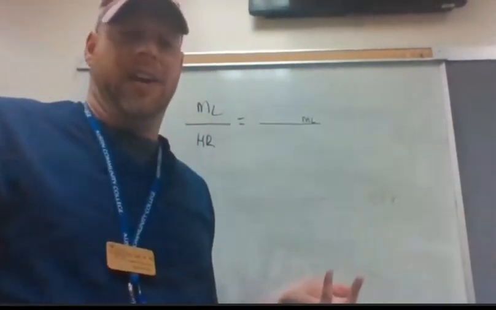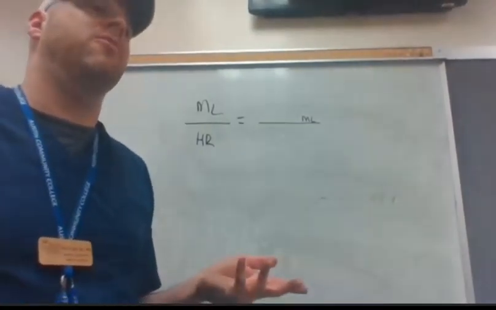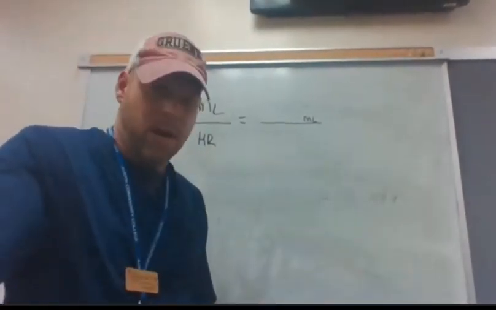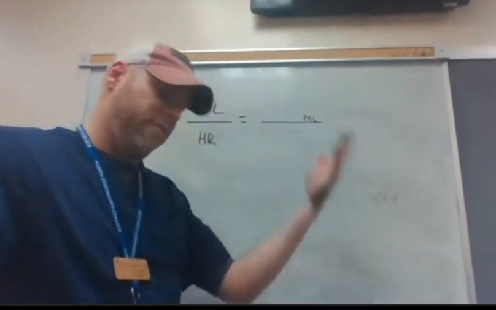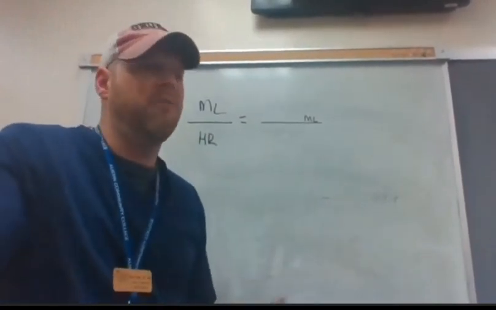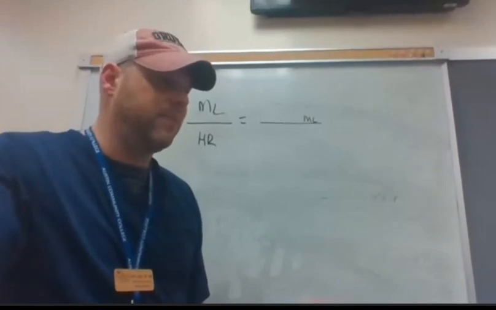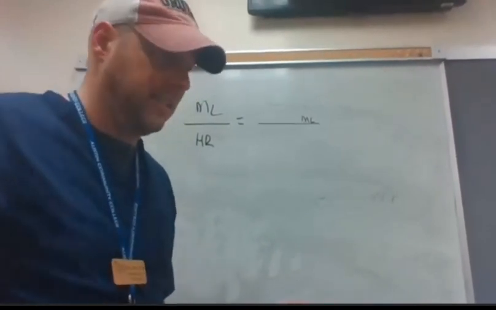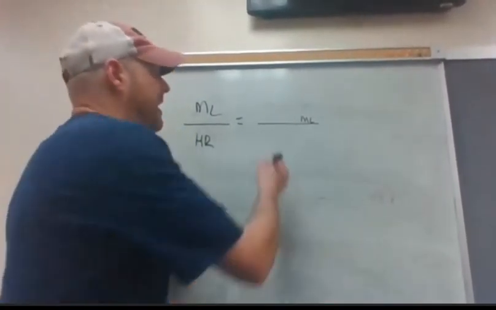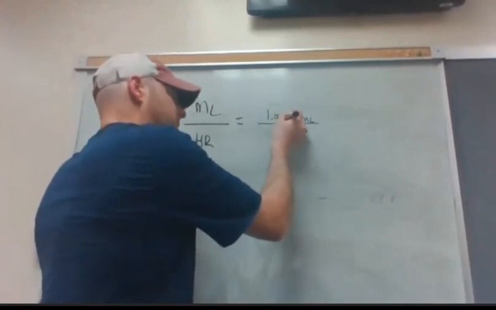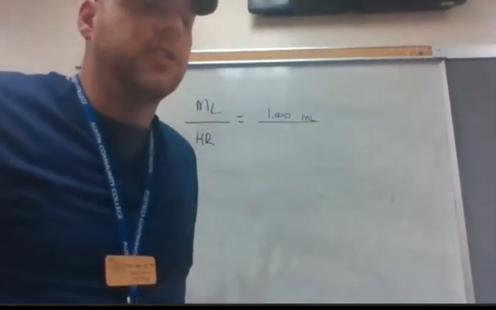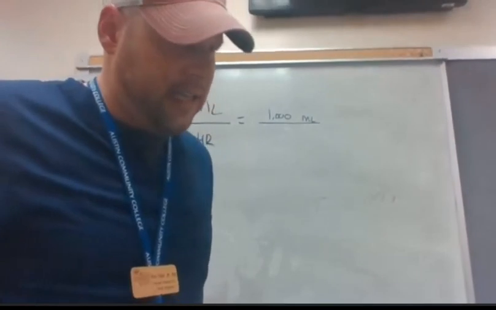However, this is 1 liter. So if you can't remember any numbers anymore because you're overwhelmed, you always know most conversions, 9 times out of 10, is the rule of 1,000. So 1 liter is 1,000 milliliters, okay? So 1,000 milliliters